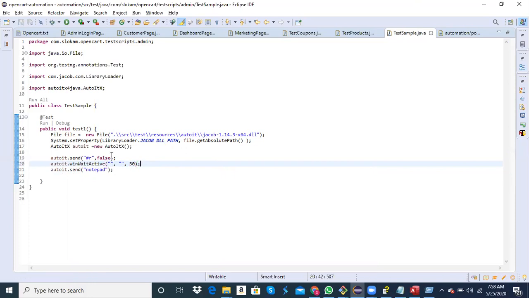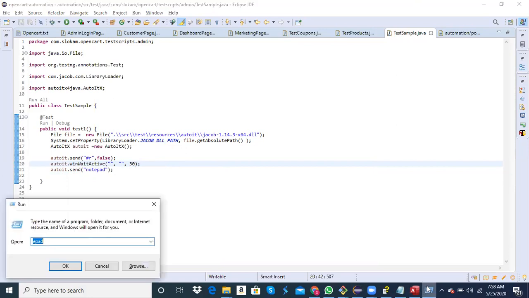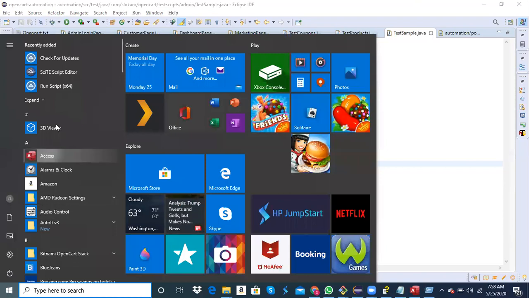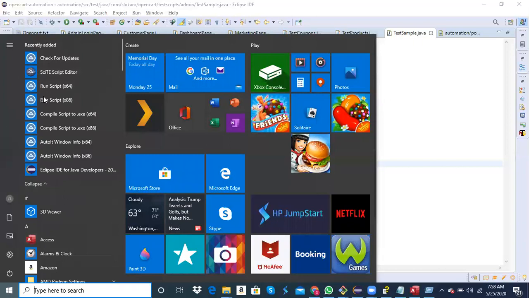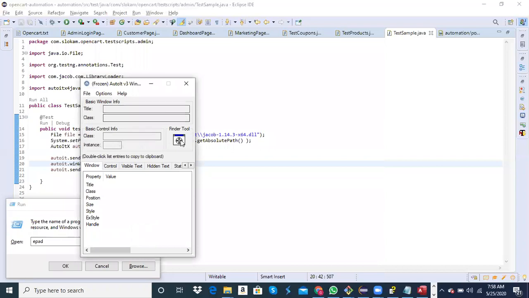Now the title is Run. If you have any doubts about the title, there is the AutoIt Window Info tool, right? You open that and drag it to your window.